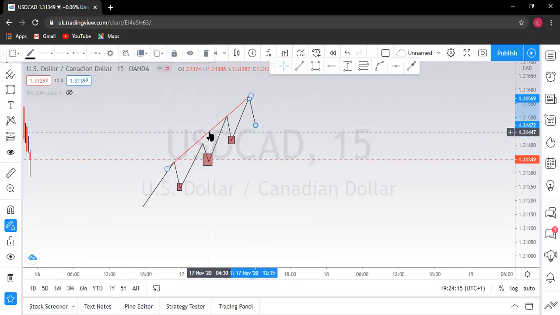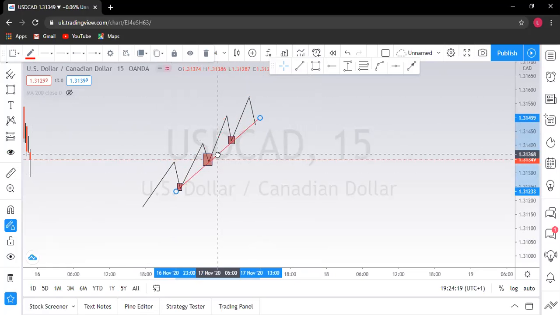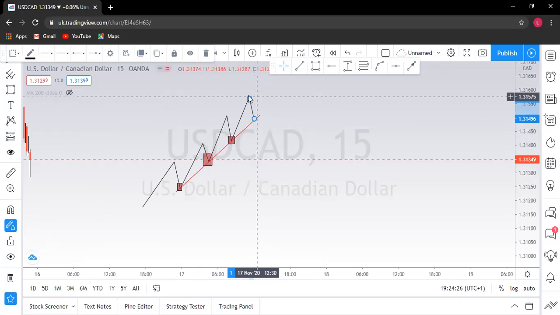The same thing applies when it is acting as a support. You should always join swing lows to swing lows. Can you see? You should always join swing lows to swing lows. So for you now to say you have a valid trend line that is acting as support,